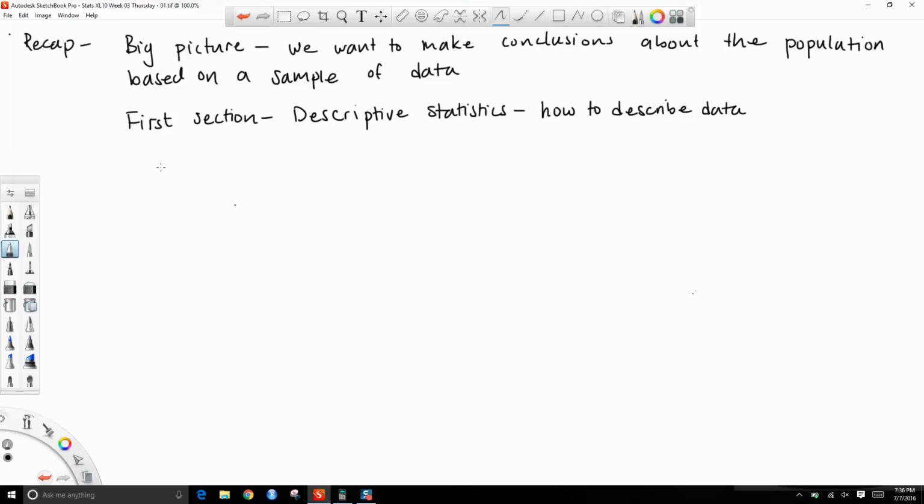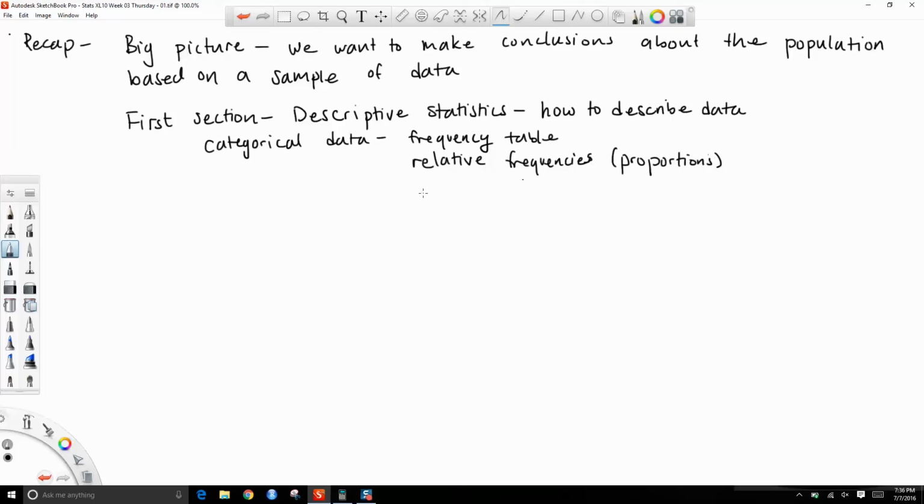And so we've learned how to, for categorical data, we can describe with a frequency table. We have frequency tables and relative frequencies, which is pretty much a proportion. And we can also display